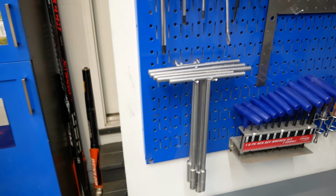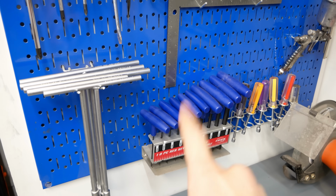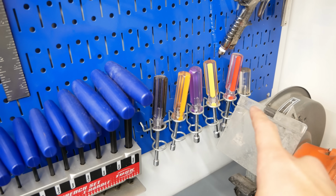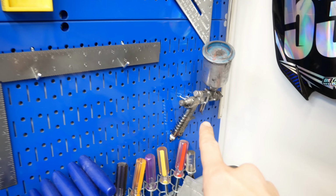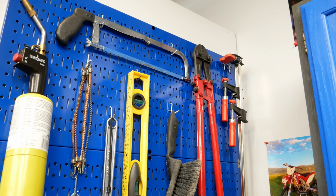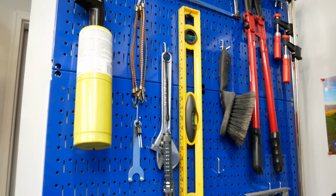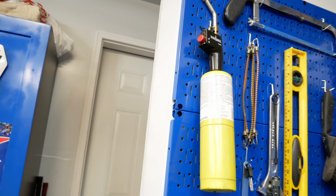This wall, I've got T-handles, which I use all the time, a nice set of T-handle Allen wrenches, which are way more convenient to use than my Allen sets, so I use these pretty frequently now. These aren't used very often, but the 6mm is used pretty frequently on KTMs. Cerakote spray gun. These JIS screwdrivers from Pryme are a lifesaver. I use them all the time. Big old giant set of bolt cutters comes in handy when needed. I use those for tearing apart old wheels and breaking spokes. Got a level, a saw for when I'm maybe working on little custom aluminum parts, and the map gas torch,